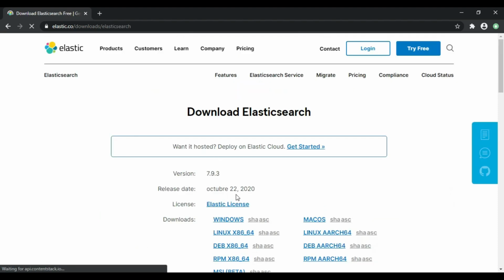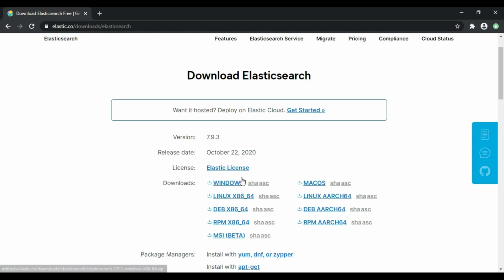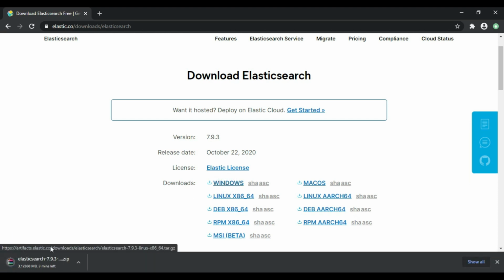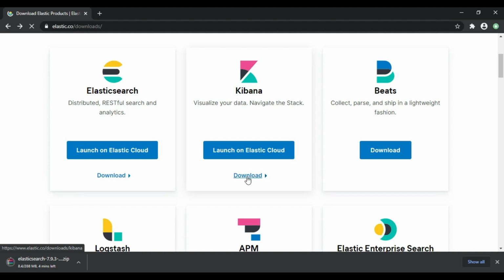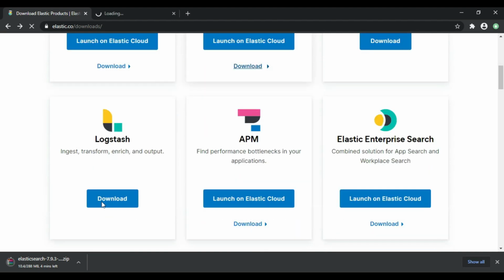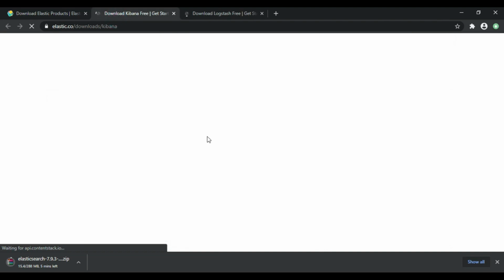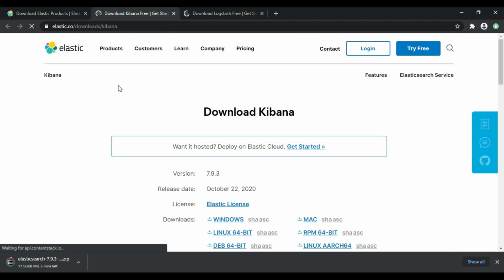So this is the Elasticsearch setup. Just choose Windows and it will start downloading the zip file. In the same way, hit the back button and then go to Kibana and Logstash. Go to Kibana and choose Windows.